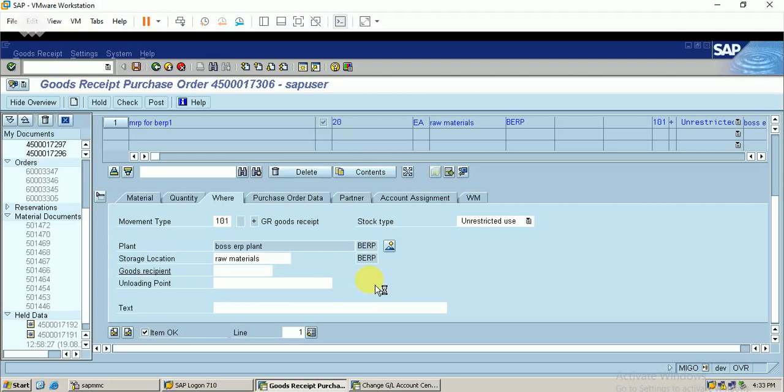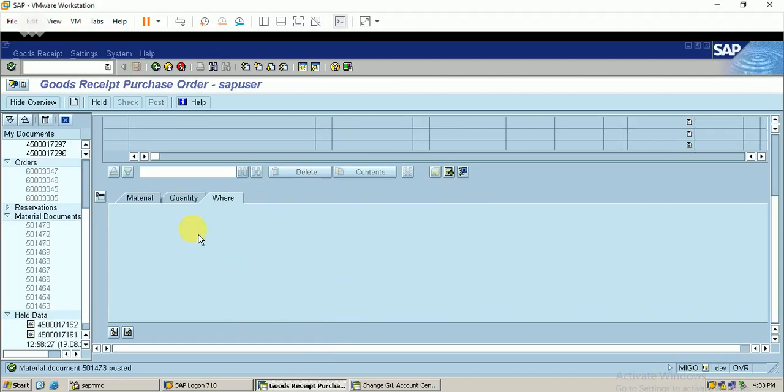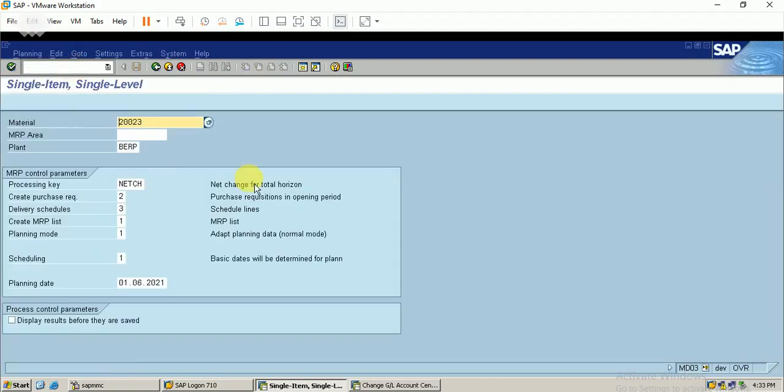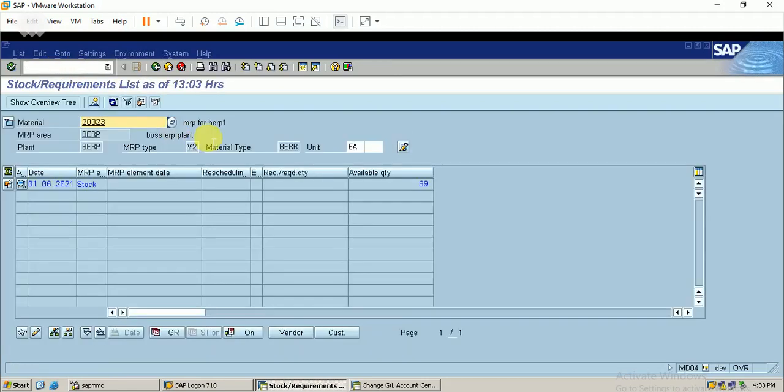We will see in our material requirement planning how the scenario is changing. We can see it. Just waiting for the posting. Okay, the material document is posted. Now we can again do that MD03. So the material MRP is carried out. Now I go to the MD04. Just click on enter. You can see the available stock is 69. So like this, we can do our reorder point planning.